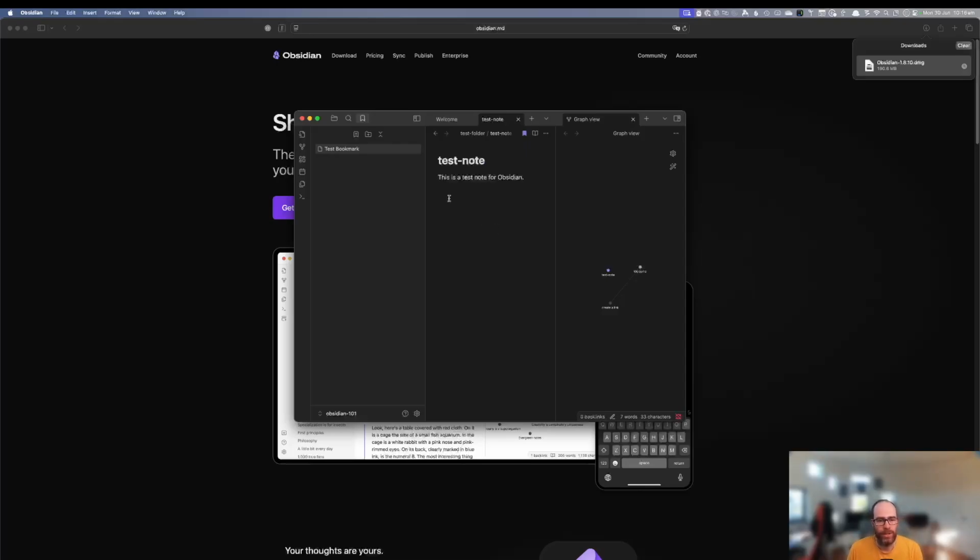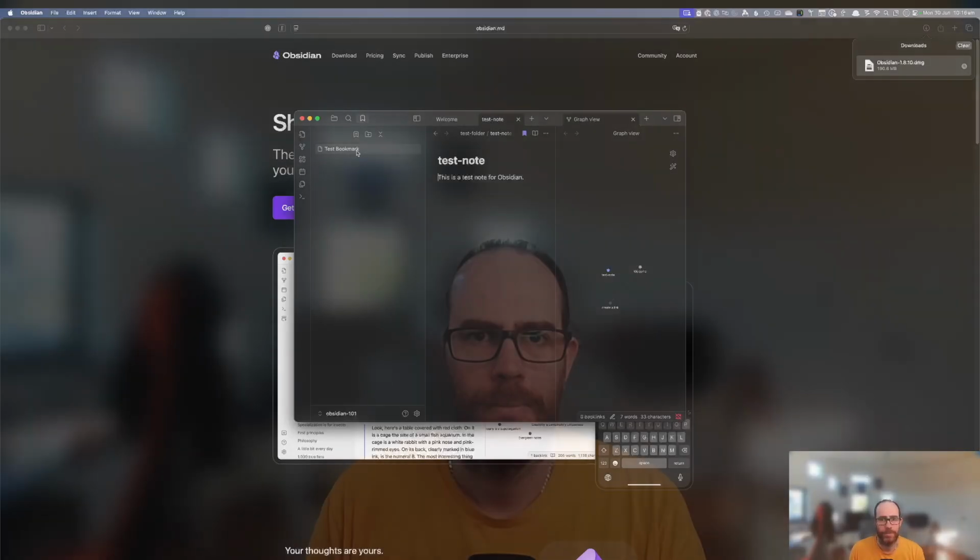So now you can see the bookmark view there. All right, so now that we've got Obsidian up and running, let's talk a little bit about organizing your vault. Everyone's brain will work differently, but this has been the best fit for me and how I like to think